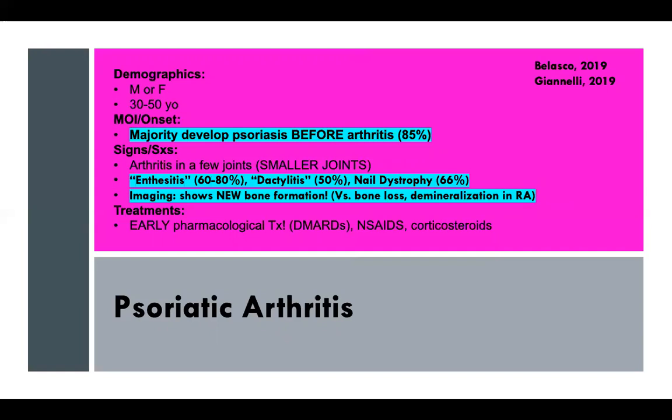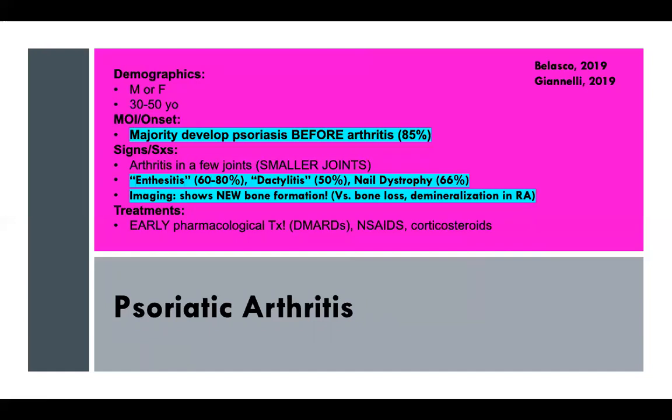The key signs and symptoms, and these came up prior: in more than half of patients, they will have some sign or symptom in these three categories. An enthesitis, an inflammation at the tendon-bone insertion, can mimic tendinitis. Like we mentioned, a dactylitis, there's swelling of the entire digit. Nail dystrophy, this is nail changes or degradation. And then with this